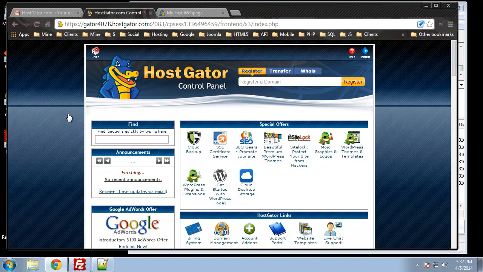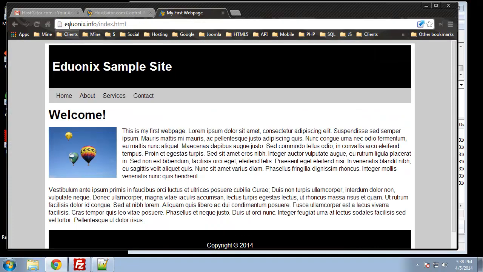Alright, so now we're going to get into dynamic websites, and for the systems we're using we need to create a couple databases that will hold all of the data for the system and for whatever pages we create. And we're also going to create a few subdomains. Basically, for a subdomain it'll be